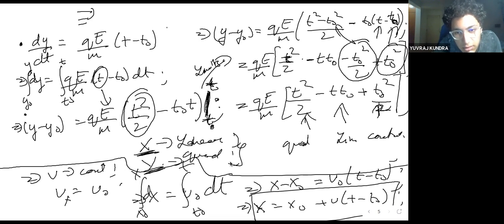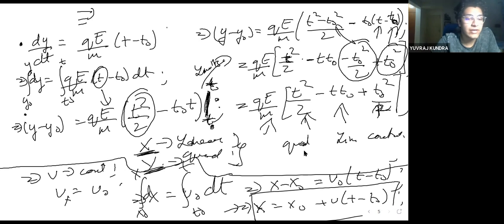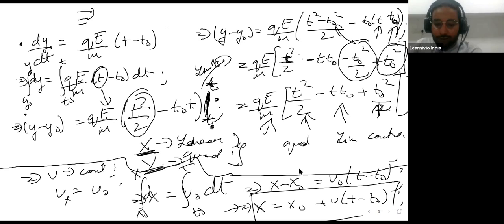What does this mean? So this means y varies and x remains the same? No, both of them vary. This is also varying with time. This is also varying with time, right? It means y varies with respect to something else, but x doesn't vary, x is independent? Okay, so here is what will happen.